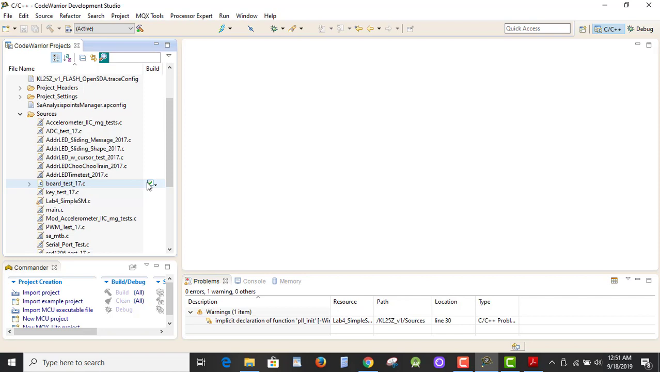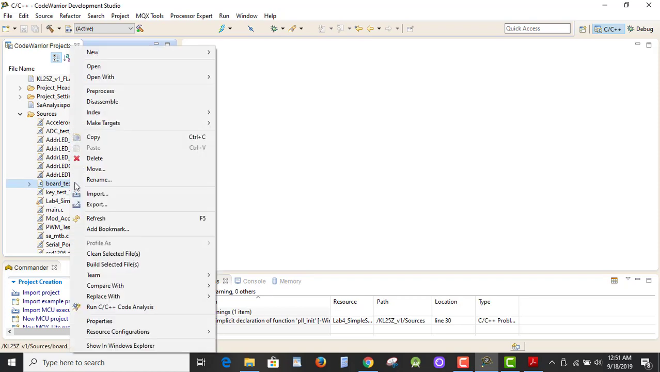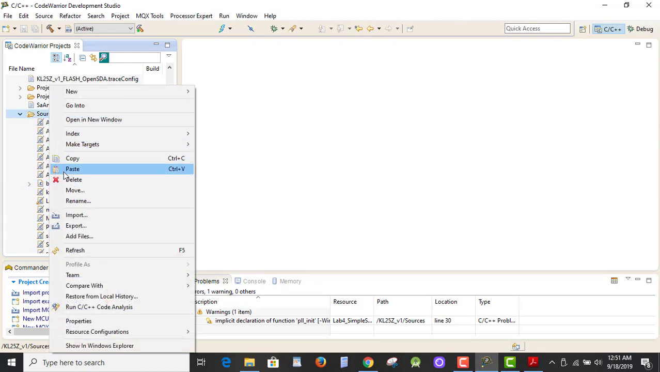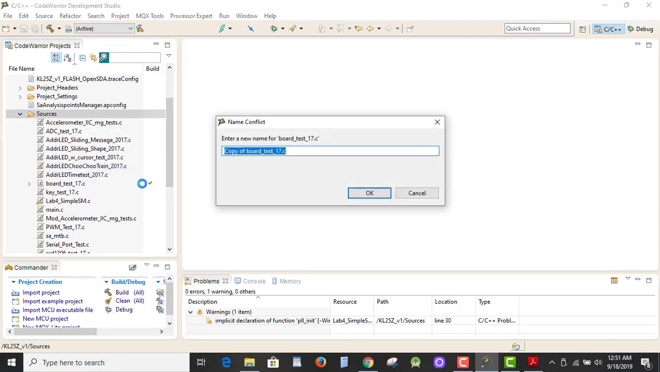The simplest way to do it, if you're creating from scratch, is right click on board tester and copy it, and then come up here to the sources folder, right click on that and paste it into the folder, and notice what happens. It allows you to change the name. So we might, for example, in Lab 6, do Lab 6, and maybe it's a sensor lab,